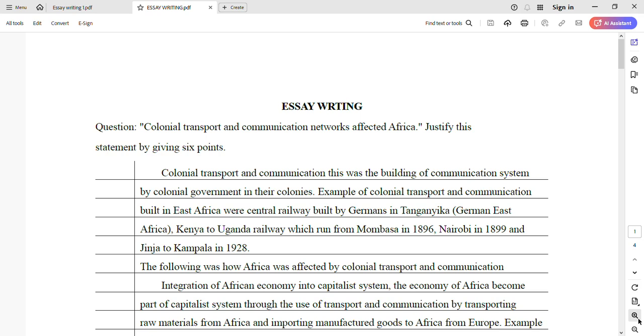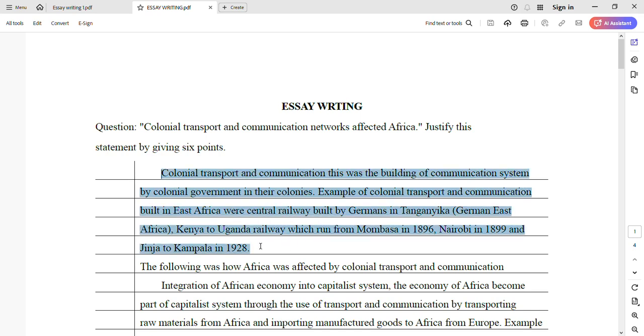And I provided some examples here. We have the German Central Railway, the British Uganda to Kenya, Kenya to Uganda. These are examples of infrastructure. And this is just the introduction. After the introduction we have the main body. Before the main body we have the link sentence. This is the link sentence. The following,